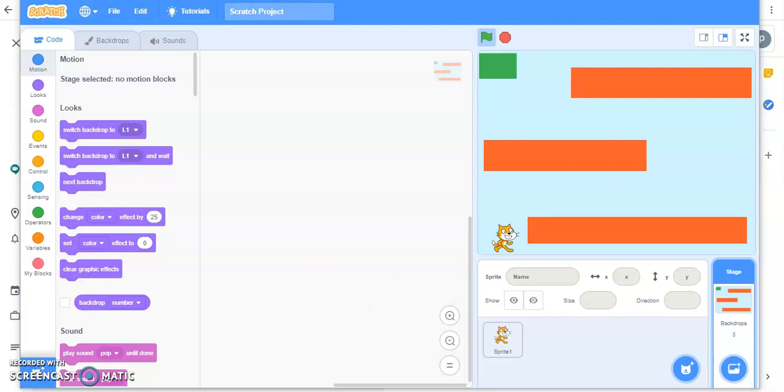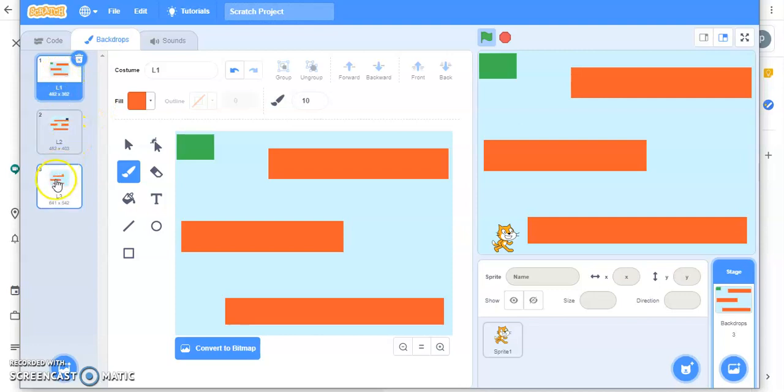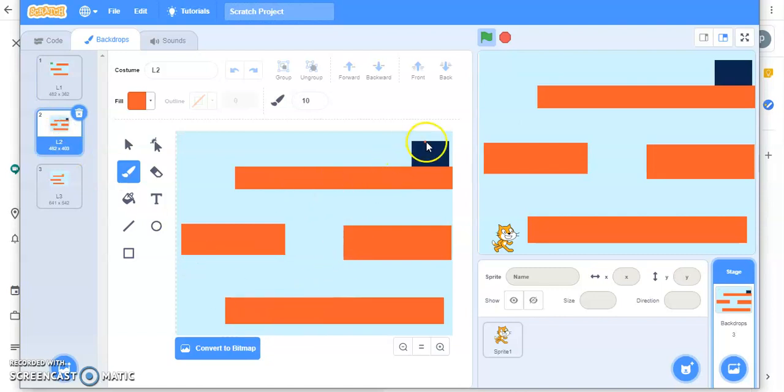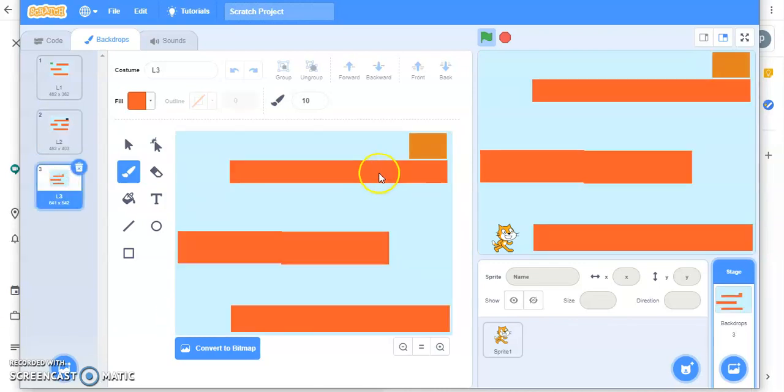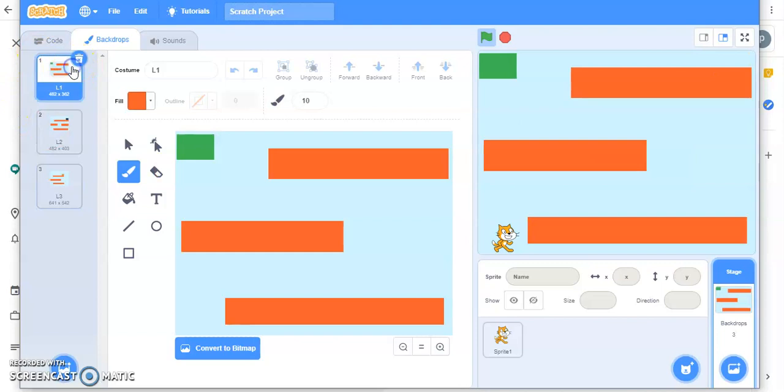So I have created 3 levels here, 3 backdrops. That's for level 1, 2 and that's for 3. You have seen level 1, you also have seen level 2. Now I have changed the color of this and also the position of this point where it is going at the final, means its destination. Level 2, and then this is the third level where this is the last destination for this sprite. Now when this sprite reaches here, it is going back to level 1.